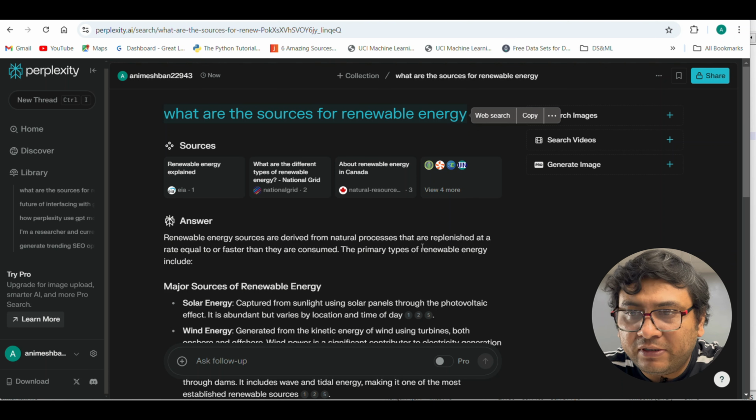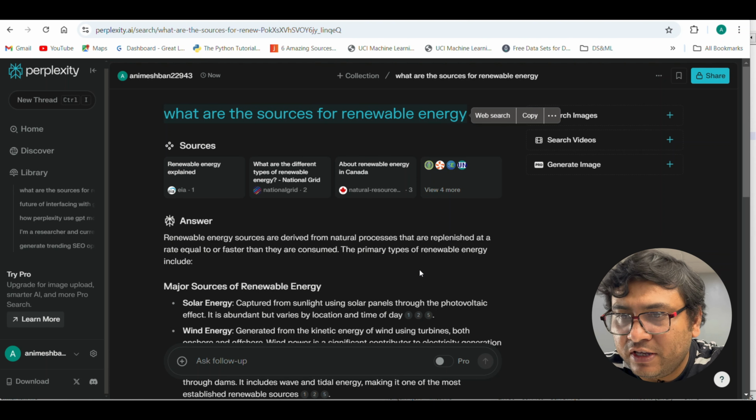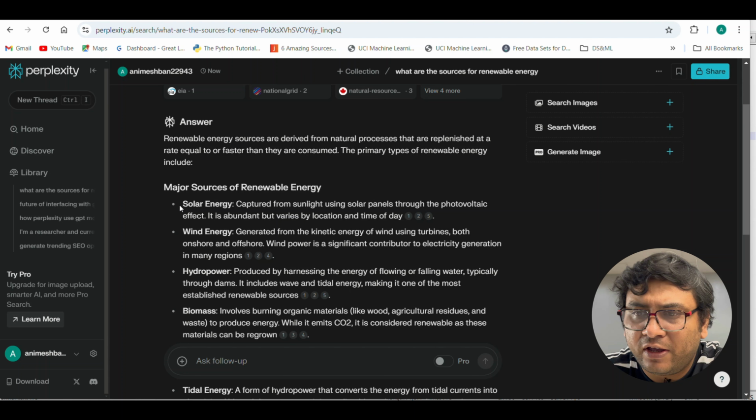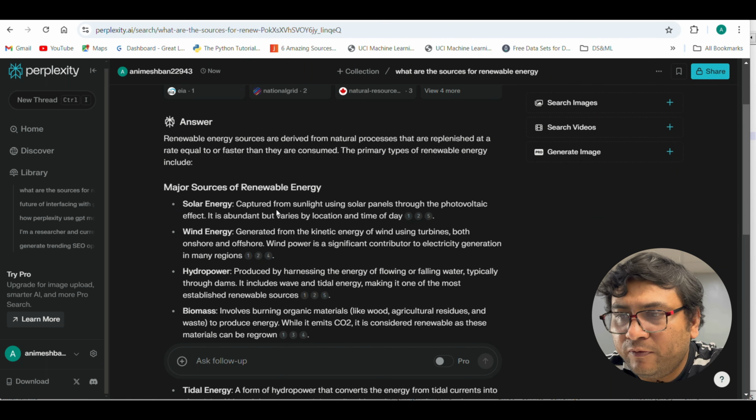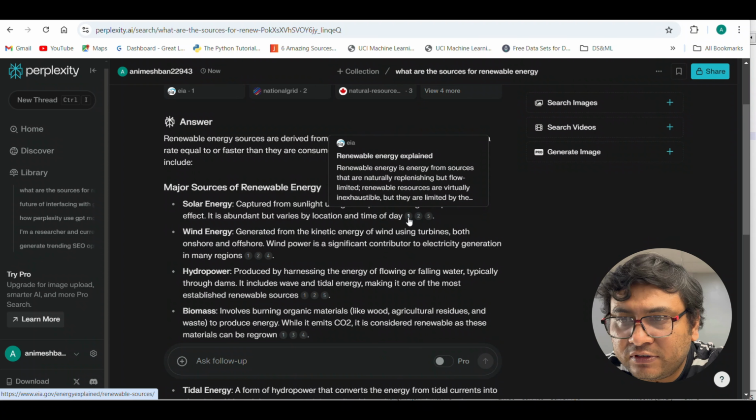Now Perplexity actually does that itself, but with Perplexity, the main advantage is you get an answer that's actually synthesized from the articles Perplexity accessed, and it gives you the reference to the documents also which it used to derive the information. Let's say you get the answer here, right? And then these are the major sources of renewable energy. It gives you a brief introduction to all of them. So now if you go here, you have a reference to articles from where this information is sourced.